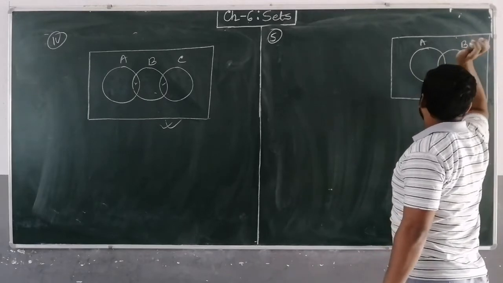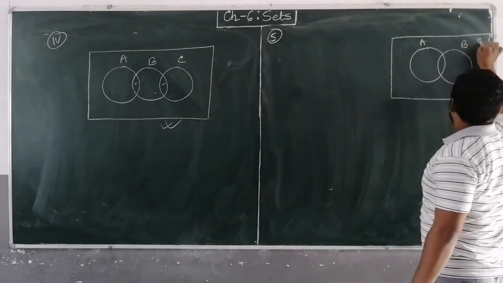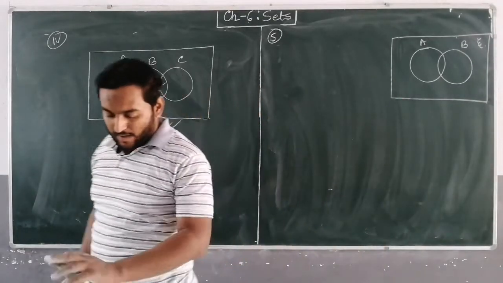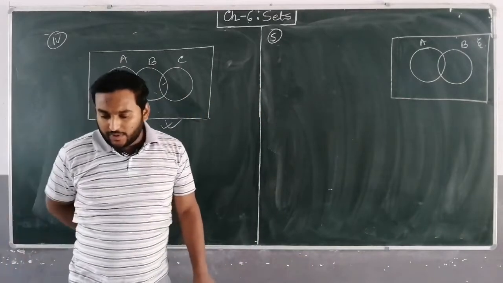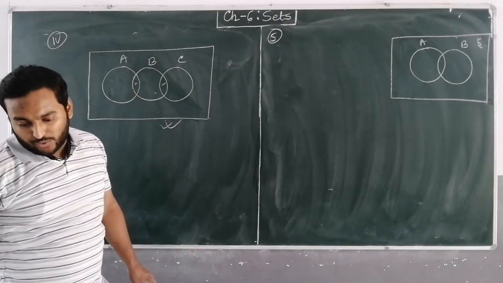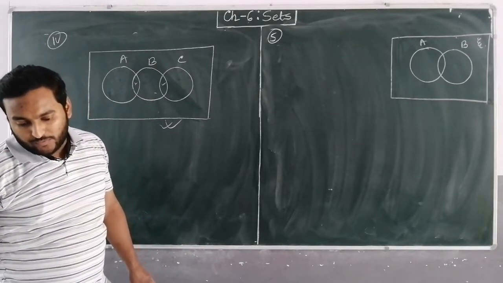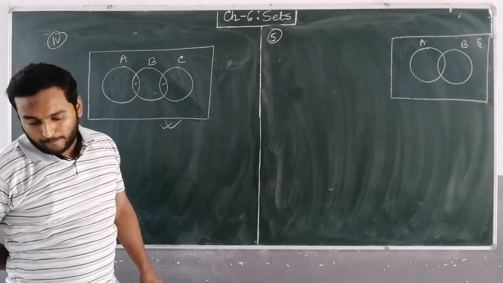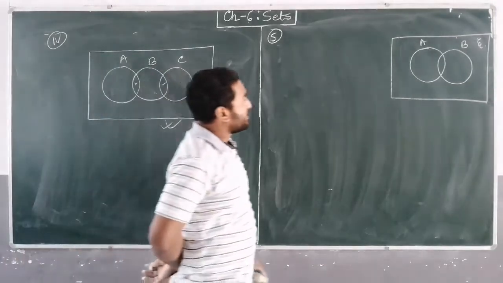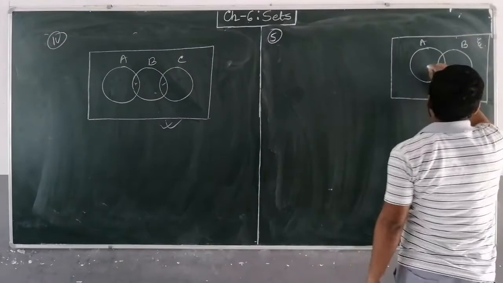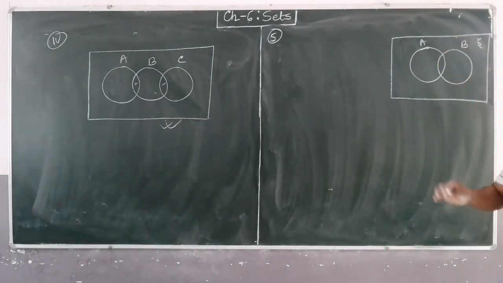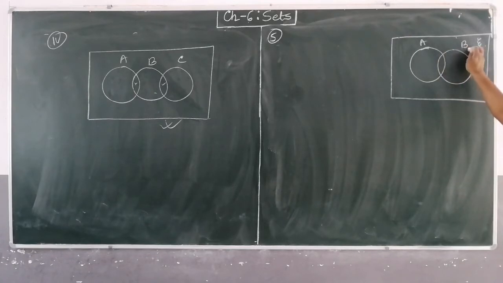A and B. Okay, and this is the universal set. So, using the Venn diagram for two sets A and B, prove that the cardinal number of the union equals... Suppose you can take sets A, B, C also. Yes, A and B, you can assume two sets. Then you can prove it also.